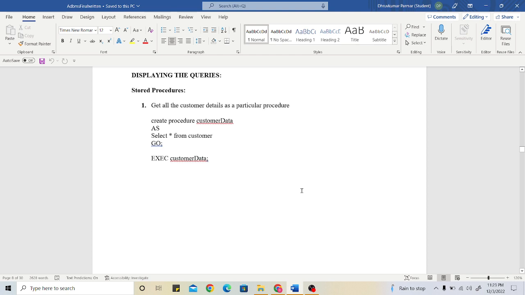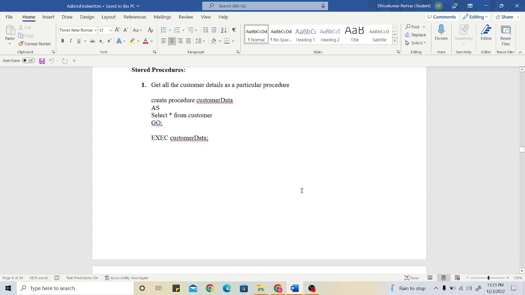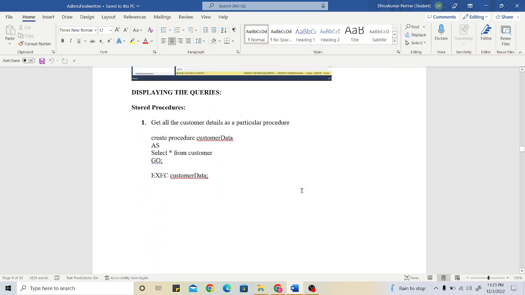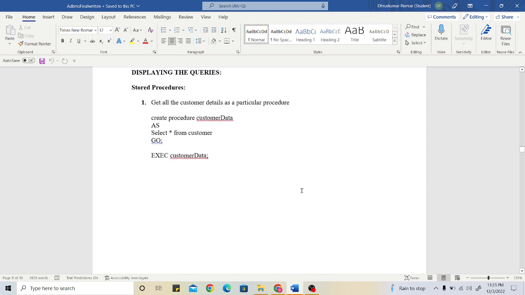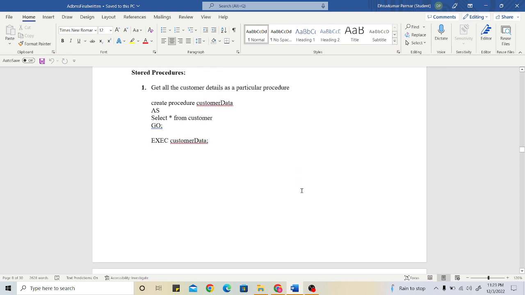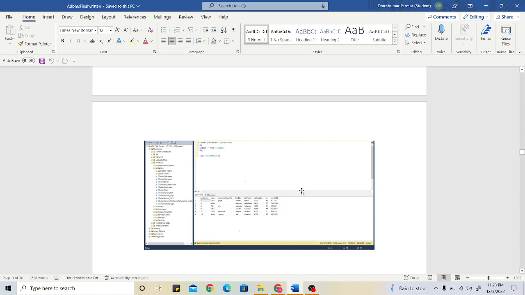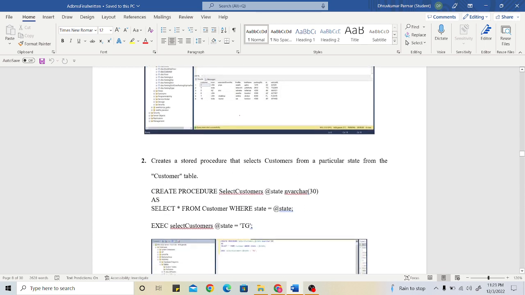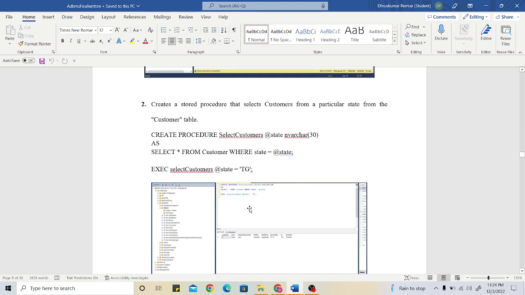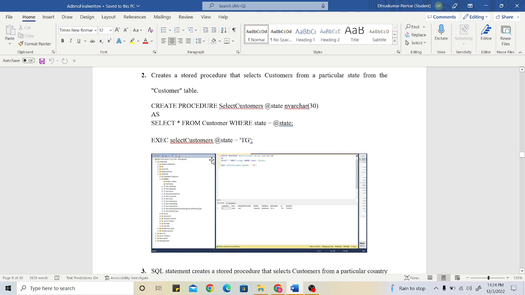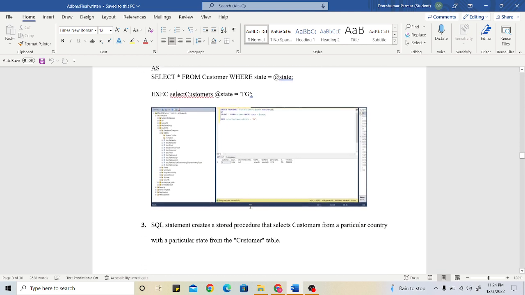So there are three stored procedures: one, two, and three. In the first stored procedure, we get all the customer details. This is the code, we run the code, and this is the output. The second stored procedure selects customers from a particular state from the customer table. We use this code to get the particular state from the customers table,